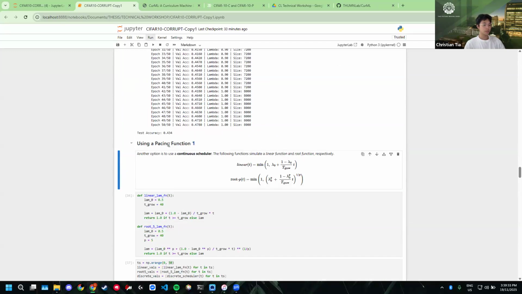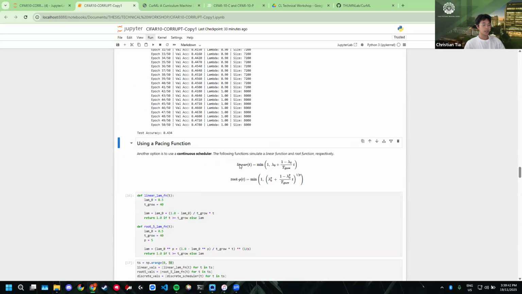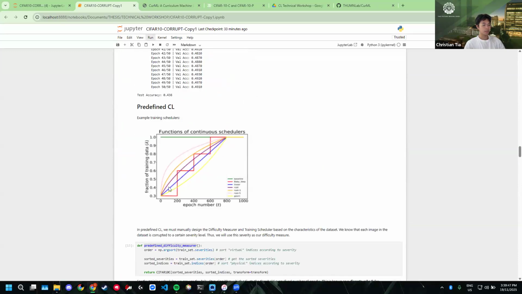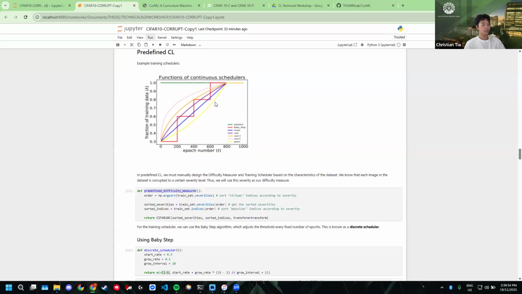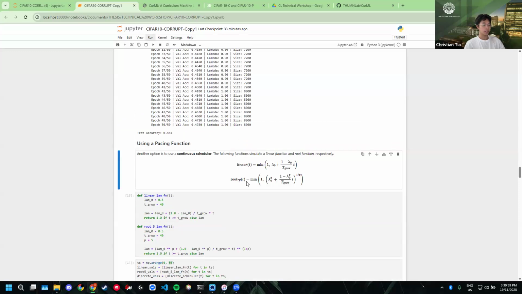So let's try something else. Instead of the discrete scheduler like this one, we'll use a pacing function so that we use a continuous function for lambda. So in this case, we have two here. We have one linear. So that would be this straight line right here, this dark blue. So as the epochs increase, so too does the lambda at a steady linear pace. And we also have another example here with P, which is much more complicated at first glance. But all it does is just takes the root of